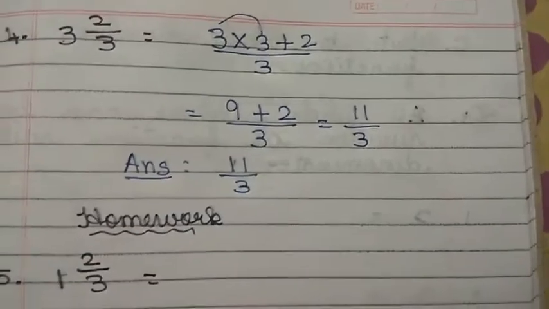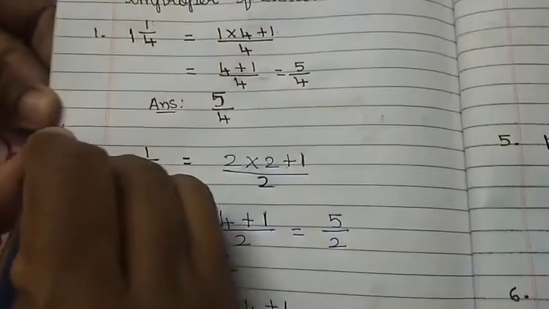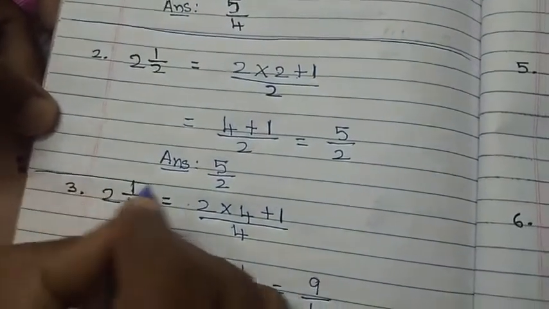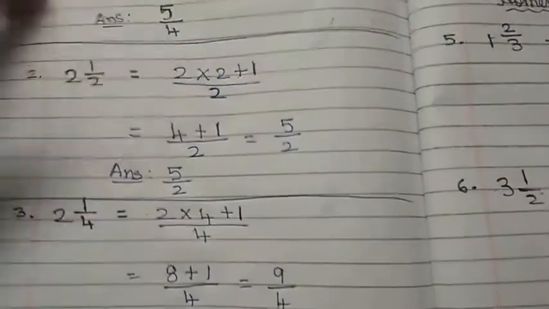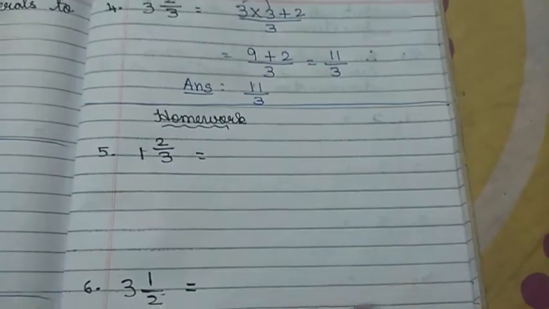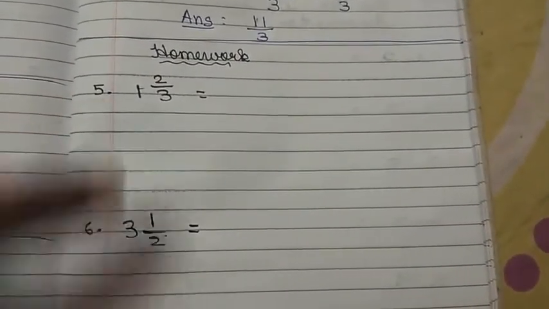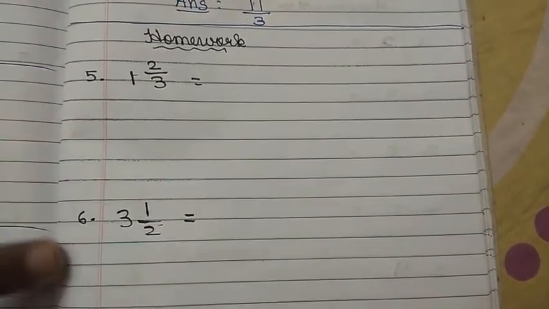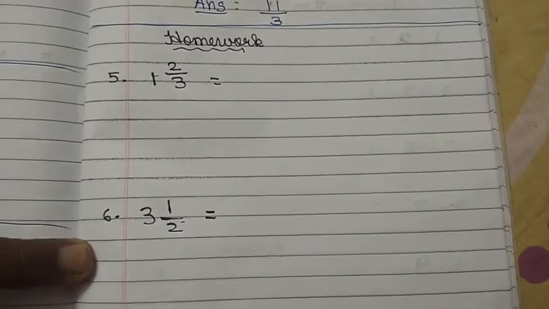See, while doing, children, you can use the pencil. I am not having one. You can draw a line like this so that it will be easy and it will be very neat also. Okay, children, will you do that one? You can draw a line with a pencil. Use a pencil. Okay, children. And then I have given 2 homework. 5 and 6 I have given homework. In the A also I gave 2 homework, and in the B one also I gave 2 homework. Okay, children. We'll see the C1.